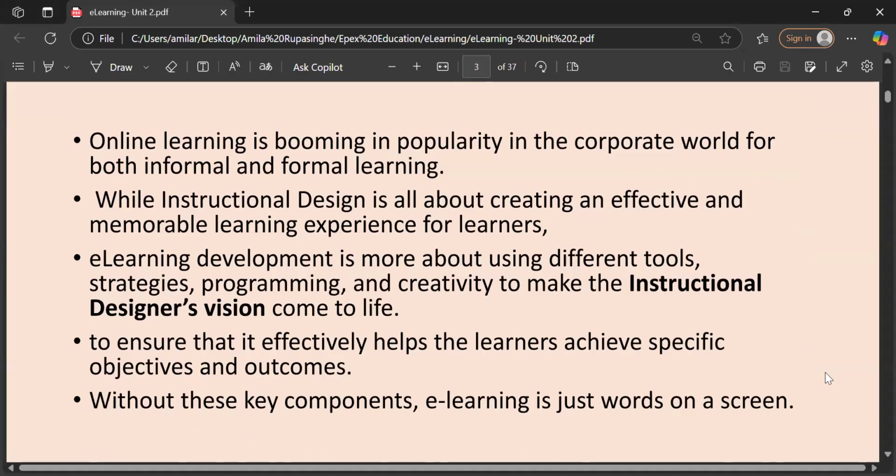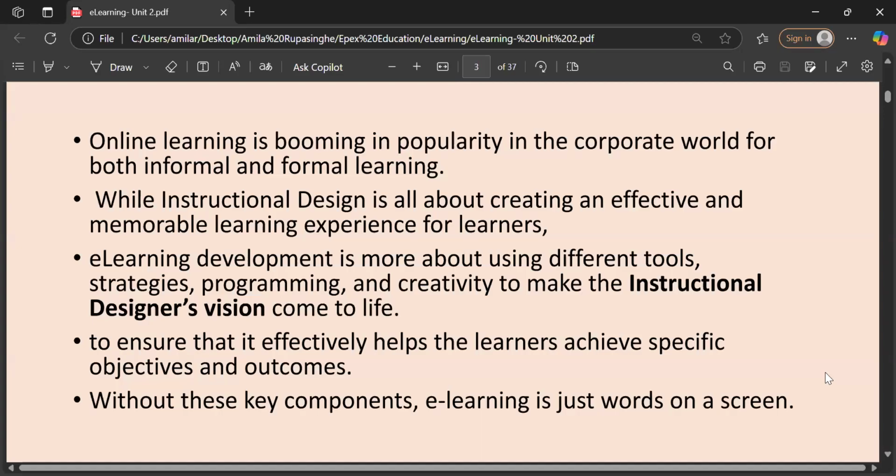E-learning is a little bit different, a little bit hard. In e-learning, we have to use different tools, and we have to give learning experiences to children in a different way. It is related to technology.